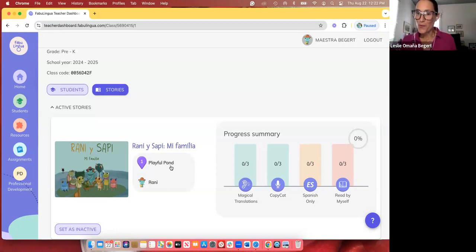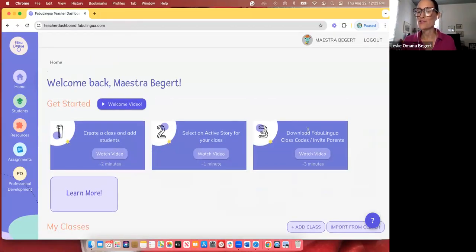What about the other way that you can have your students access? It's through invite parents. So if you want your kids to have access to ample amounts of comprehensible input, you're going to want them to have the opportunity to do that at home, so that they don't just have comprehensible input during the classroom, which might be a limited amount of time for many teachers, but they can also have lots of comprehensible input available at home, and their Spanish acquisition can just skyrocket.